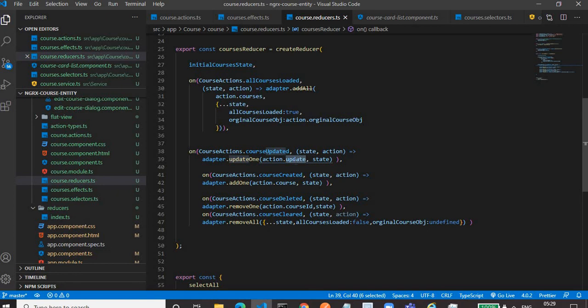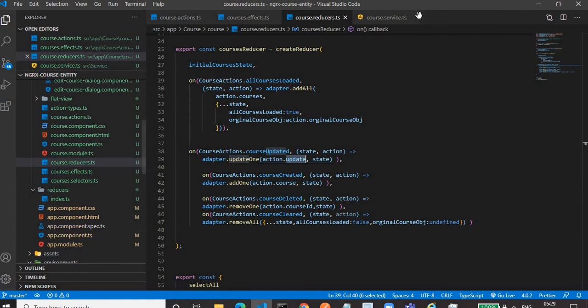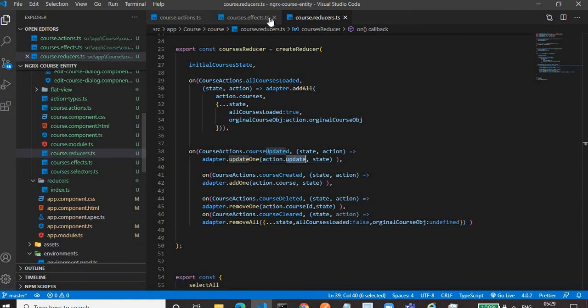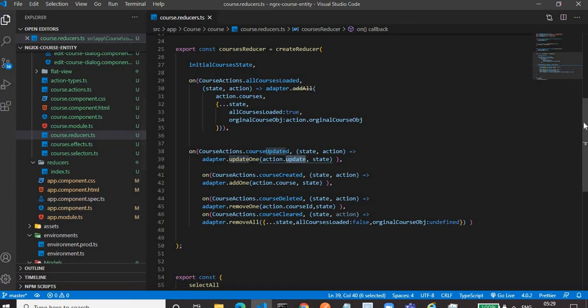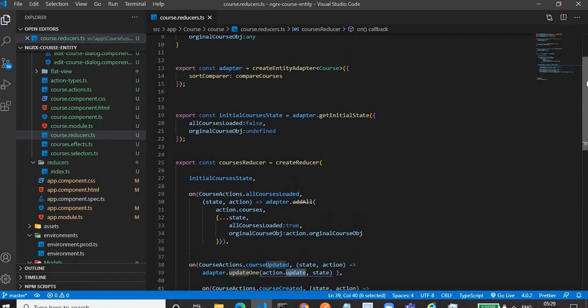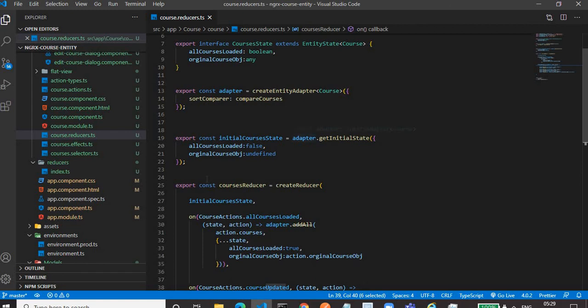How will we know the syntax of these adapter functions, what kind of parameters they require? We will get to know by just doing this: we have created an adapter.